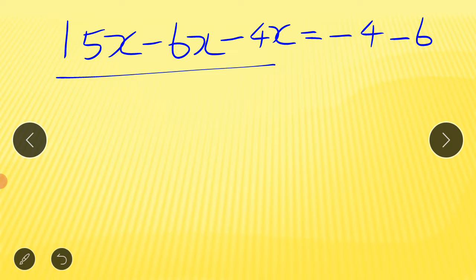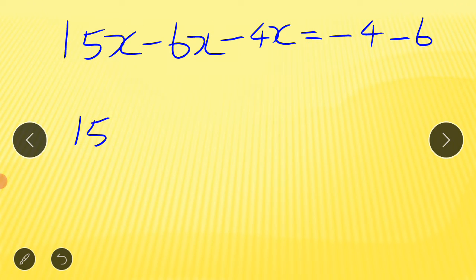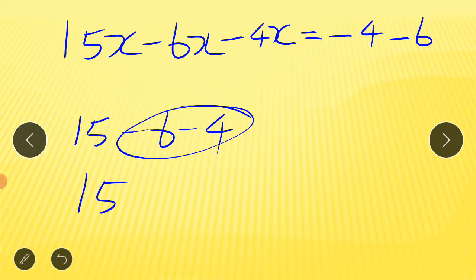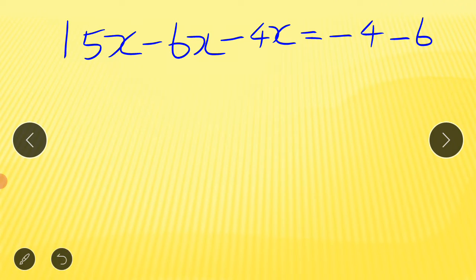So variable terms are on the left hand side, constant terms are on the right hand side. Now let's simplify this: plus 15 minus 6 minus 4. So how do we simplify? Take the positive integer 15, and the negative integers minus 6 minus 4 become minus 10. So 15 minus 10 is 5. So 5x